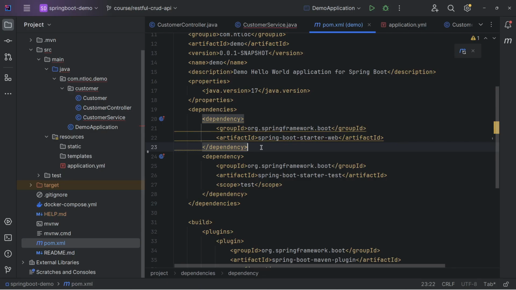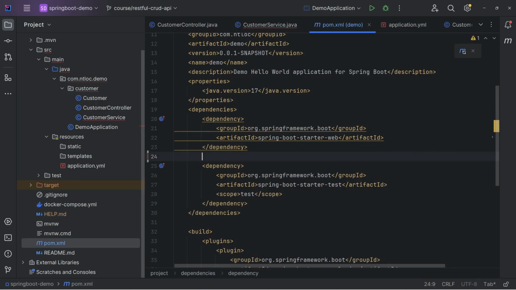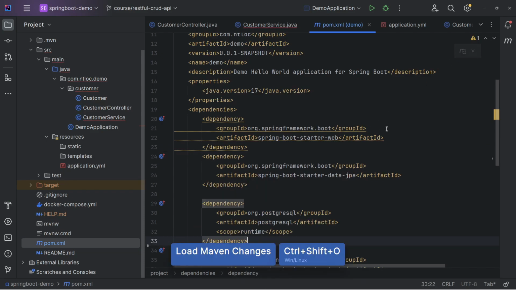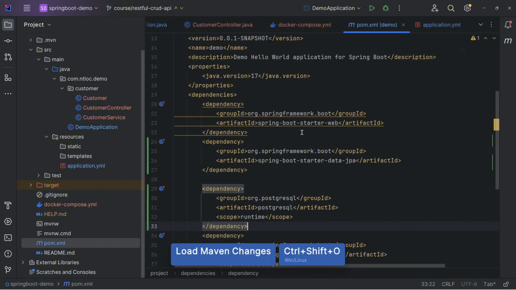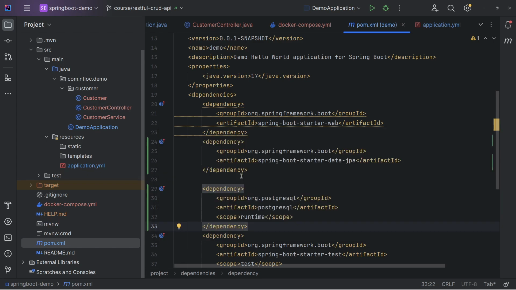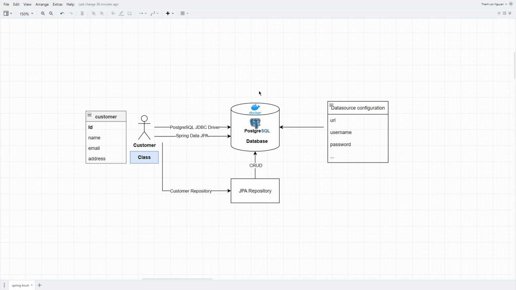Go back to IntelliJ and paste it in here, and then reload again. Whenever you make a change in the pom.xml, you need to reload the Maven project to get the update. Okay, cool. Now we have the Postgres database running, and we have also added the Postgres JDBC driver and the Data JPA dependency to our application.